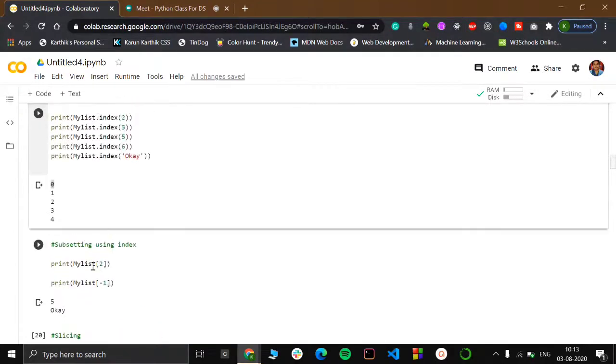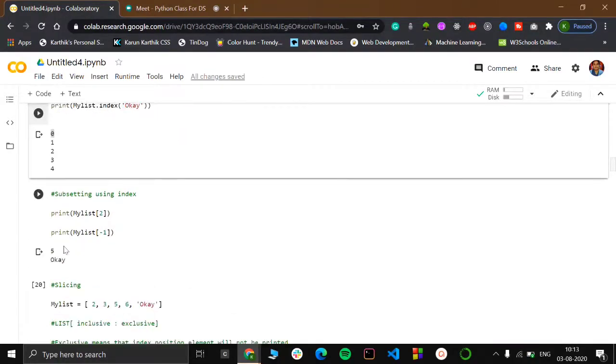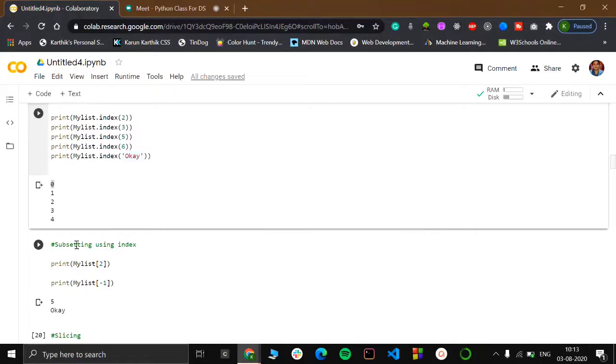And let's say you want to go backwards. When you are going from left to right, it starts from 0, and if you want to go from right to left, it starts from -1. So print my list of -1 starts from right to left and prints the very first element from the right, which is OK. So that is the subsetting part.